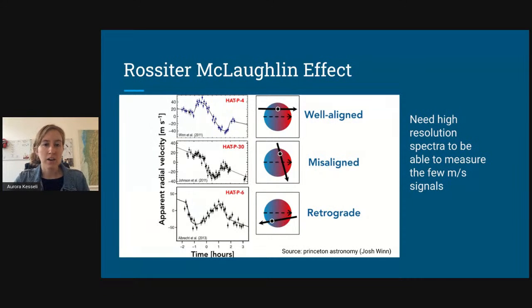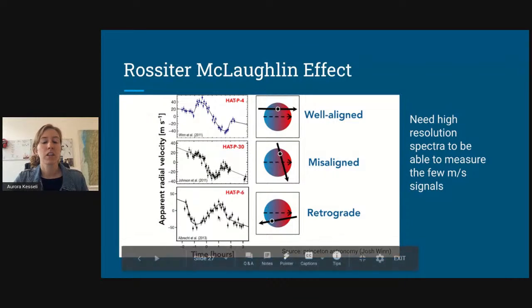Okay. So just like we saw before, if we see an equal amount of increase as we do decrease, we know that the exoplanet has to be well aligned with the star's spin axis. But if we see only a decrease, we know that the exoplanet has to be transiting in front of the red-shifted part of the star. And this is also interesting. Normally we have this increase and then the decrease. But if we see the decrease first and then the increase, we know that the exoplanet has to be transiting